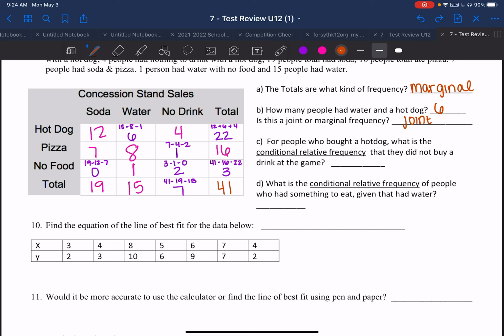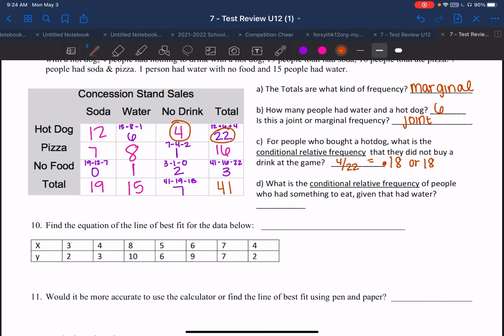For people who bought a hot dog, what is the conditional relative frequency that they did not buy a drink at the game? So hot dog with no drink is going to be 4 out of 22. We take the total of people that had no drinks and hot dogs out of the total people that bought a hot dog. And that's going to give me 0.18